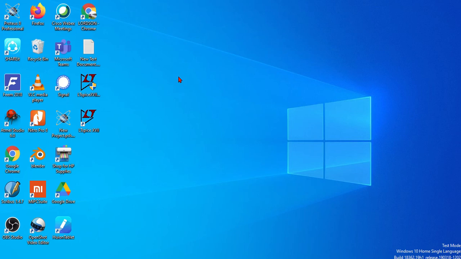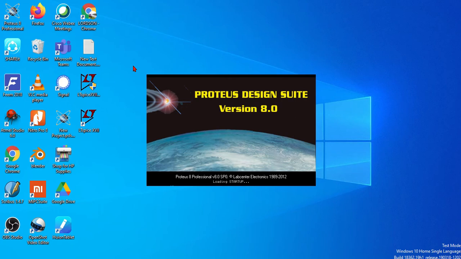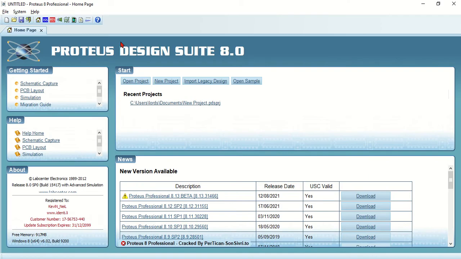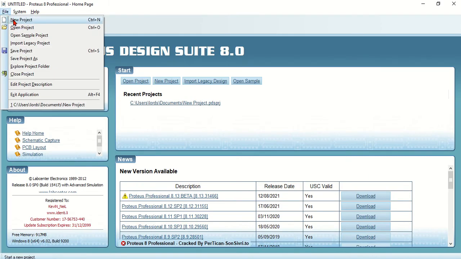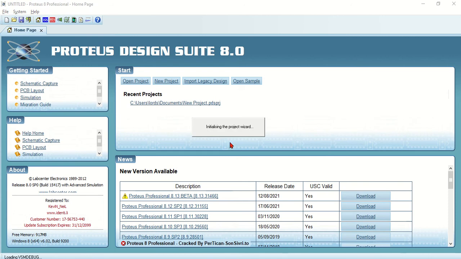Hello everyone, in this video I will show you how to design a PCB, printed circuit board, in Proteus. Double click on the icon, the window is open, click on file, new project,